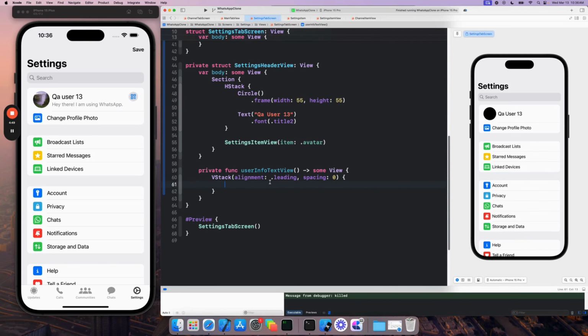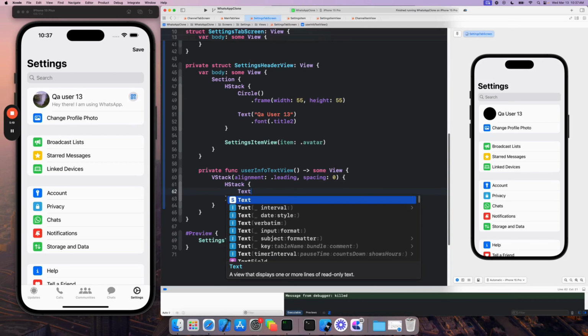Okay. So what we're really trying to do here is the username and the QR scanner. Let's put both of those inside of an H stack. And then the overall V stack, we're going to have a text underneath the username. So we have an overall V stack, which is this one. And then we have an H stack that houses the username and the QR code. So username is going to be text. Let's actually